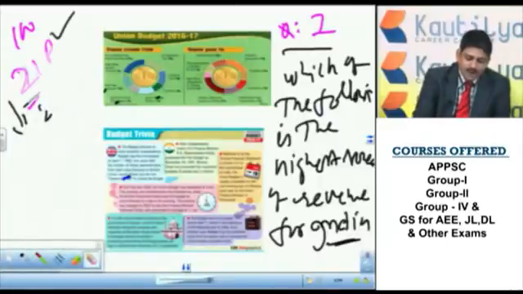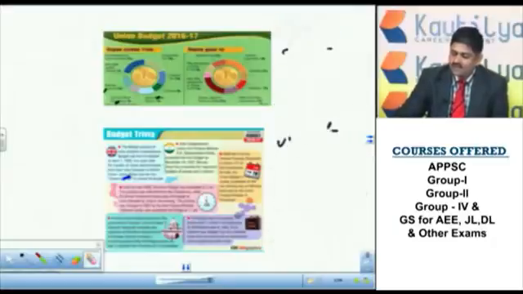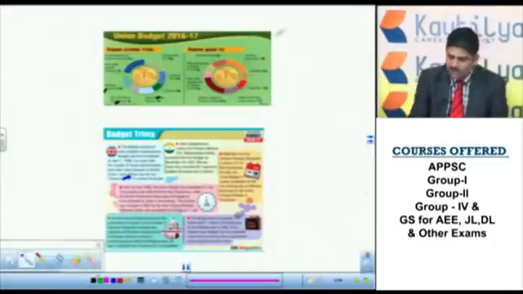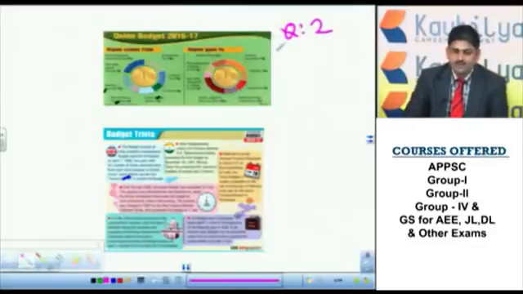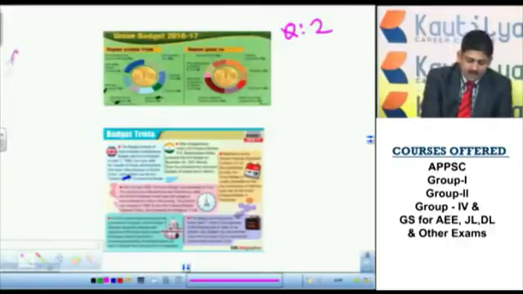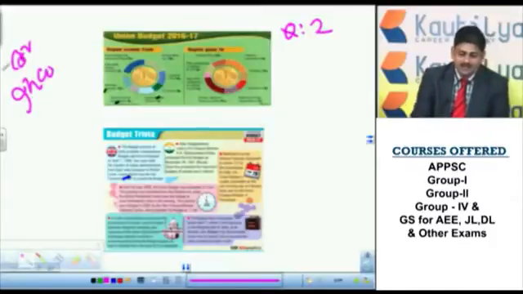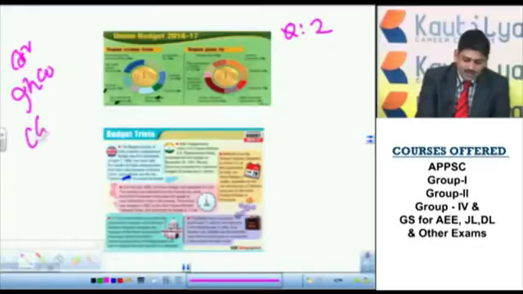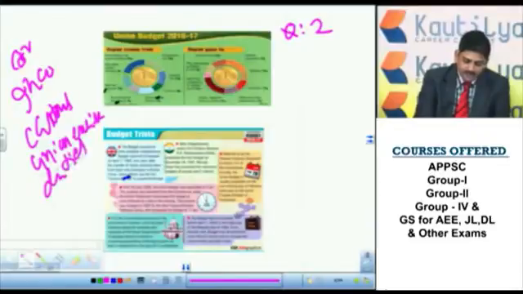Now, after borrowings, we are moving to question number 2. Here we are focusing straight away on the competitive examinations. As I told you, the answer to the first question, the highest source for the government of India as per the 2016-17 budget, is borrowings. Now the rest of the things I told you: one is corporation tax, the other is income tax. These are direct taxes. Corporation tax is a direct tax, income tax is a direct tax. In the same way, customs, union excise duties, and service tax.